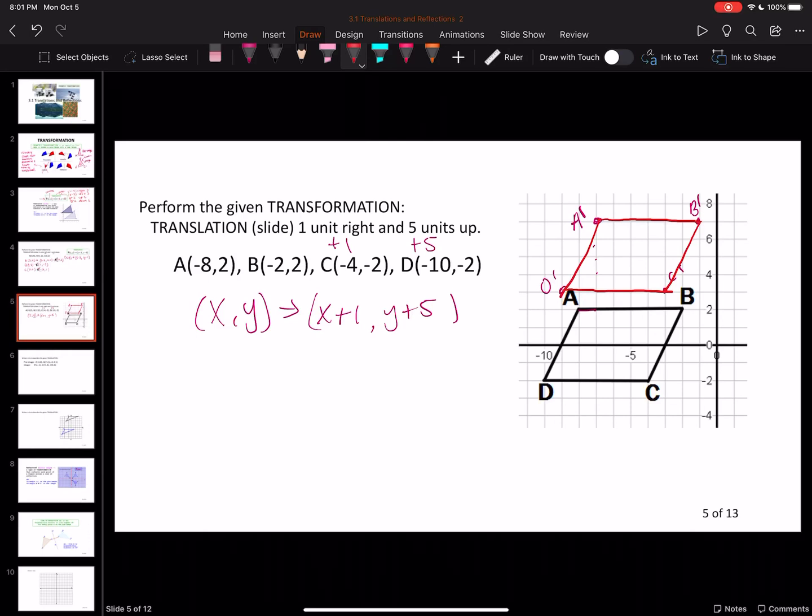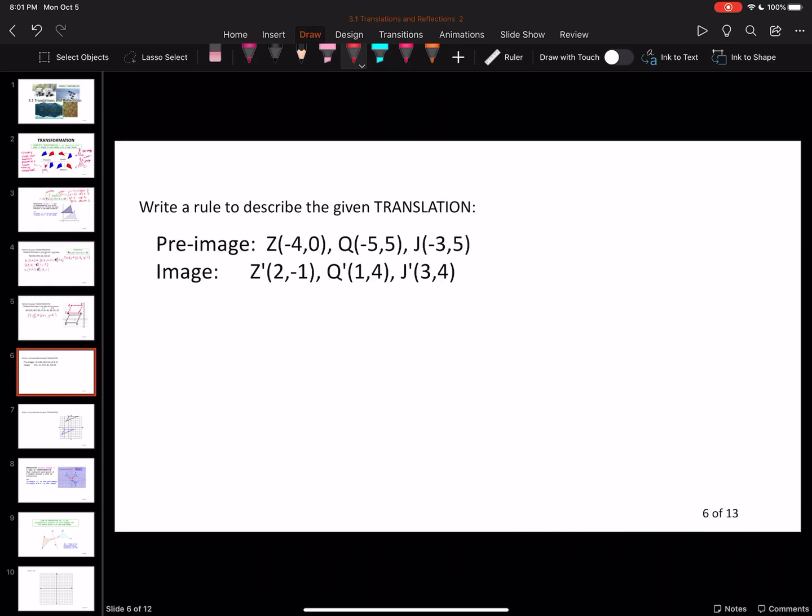All right, another type of question that I could ask you is write the rule. So here I gave you the pre-image and the image. Again, see how there's little primes here? That's how you know the difference between the two. And it wants to know how each one of these points is changing. So ask yourself, how do I get from